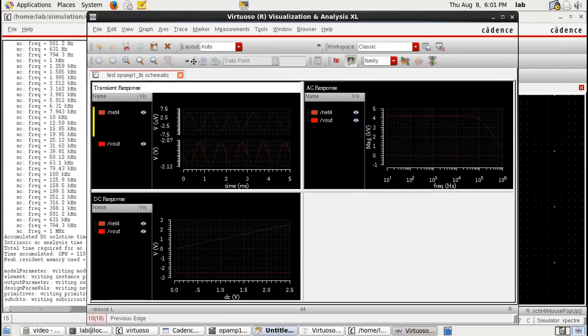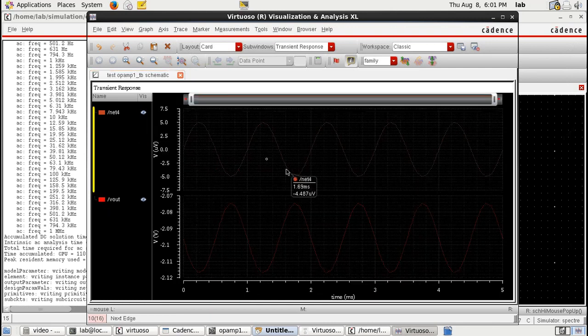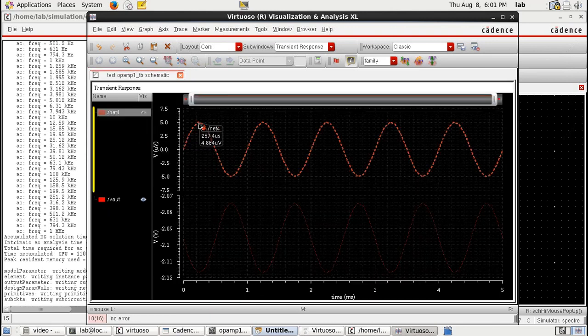Let me put the layout as a card, and let's look at the transient. So this is the input varying between 5 volts and minus 5 volts. So peak to peak the voltage will come to something around 10 microvolts, and the output is varying between something like minus 2.705 to around plus minus 2.11. So the difference is somewhere around 20 millivolts, 40 millivolts, right? So this comes to around 40 millivolts,